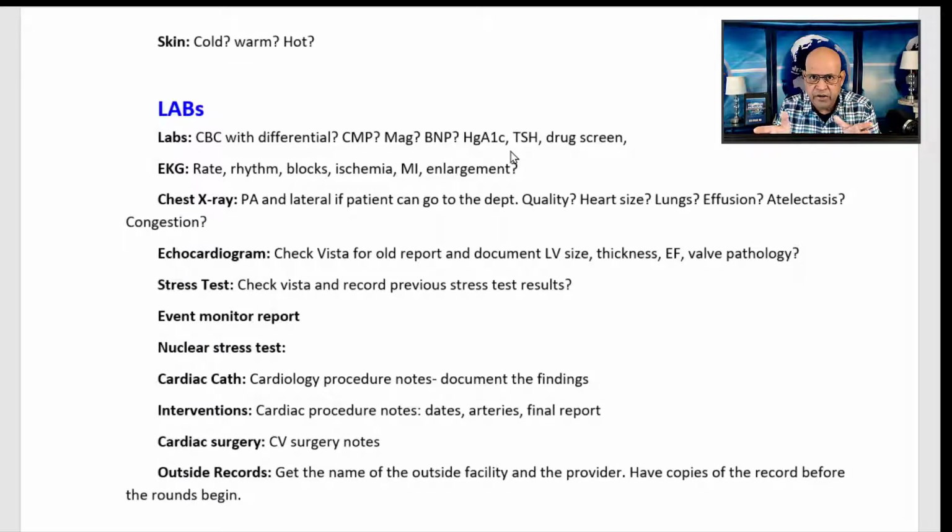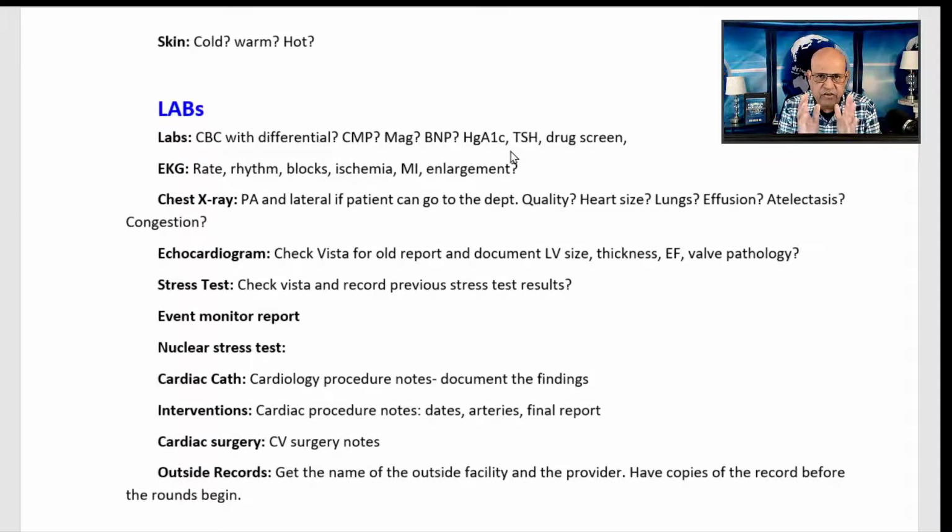EKG, a 12-lead electrocardiogram, and monitor strips are the essential building blocks of history and physical examination and lab studies. You look at the EKG: the rate, the rhythm, any enlargement, any evidence of heart blocks, any ischemic changes, previous myocardial infarctions, and the whole gamut. I have an entire book on EKG clinical diagnosis. All those 12 chapters have been converted into YouTube videos, and you can watch those to get some general knowledge about basic electrocardiographic